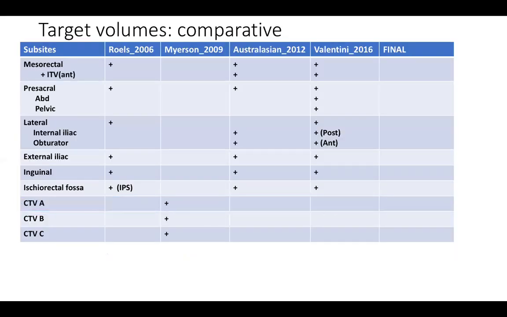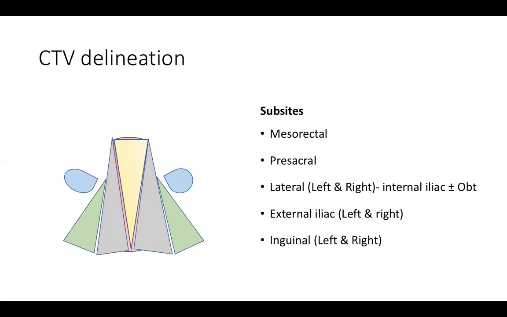Now these are the basic lymph node regions or the subsites that are always the target in all these guidelines. They might vary in definition, they might vary a bit between the boundaries, but more or less consistently they are talking about treating this particular area. So this is easy to remember if we just remember that this is what we are trying to treat.